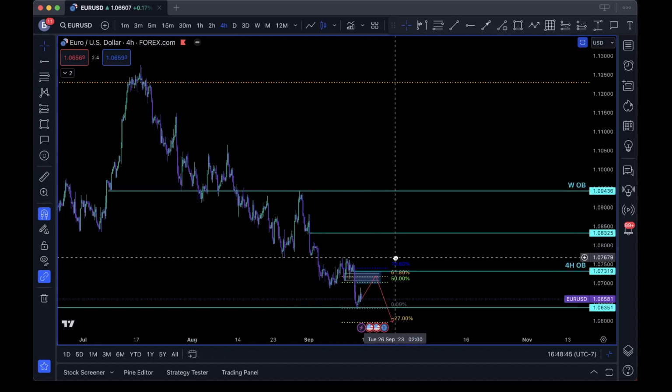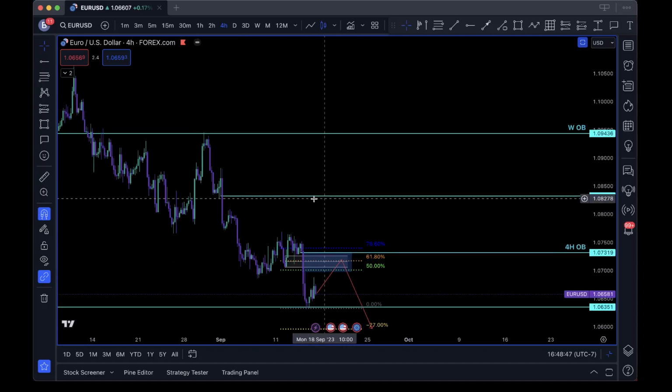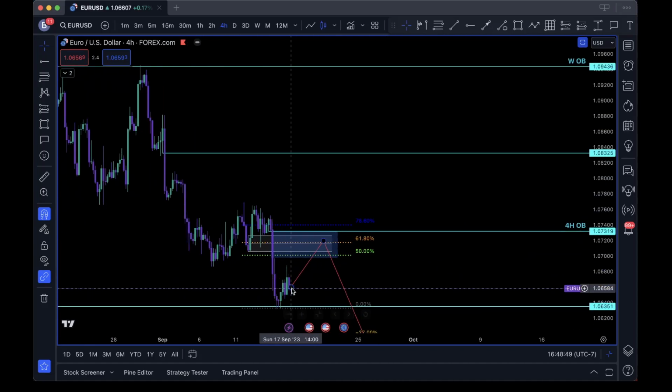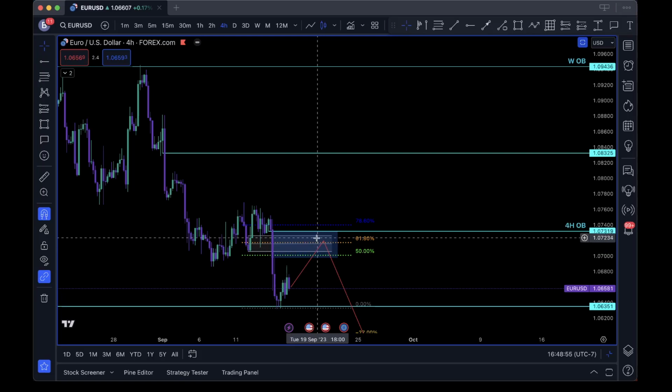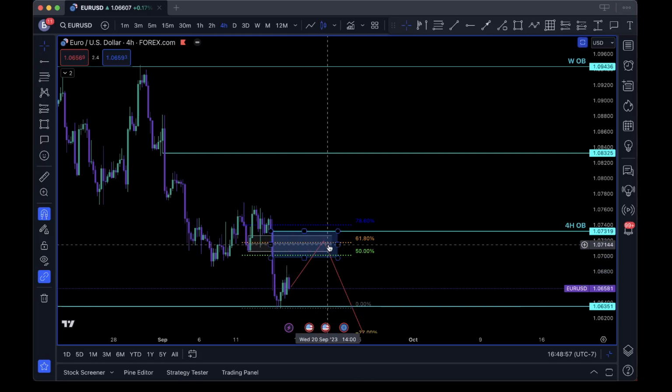Cool. Here's what I'm looking at, guys. I'll leave you with this chart. This is the main play I'm looking for this week. If we can rally Monday, Tuesday into this, and if we can get the kind of Fed news we're anticipating, I would anticipate price rallying in order to cover any longs that were made, and then selling short into Wednesday.